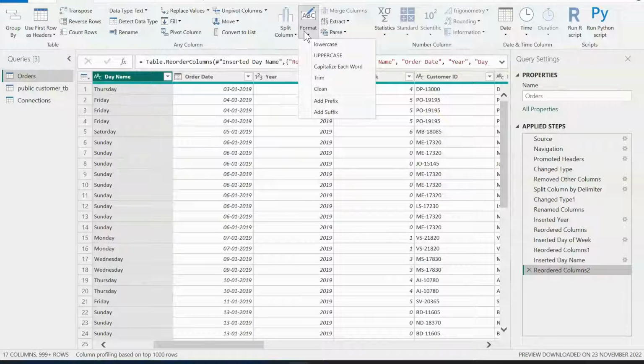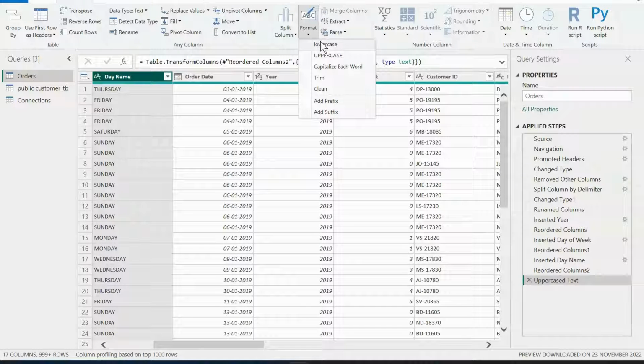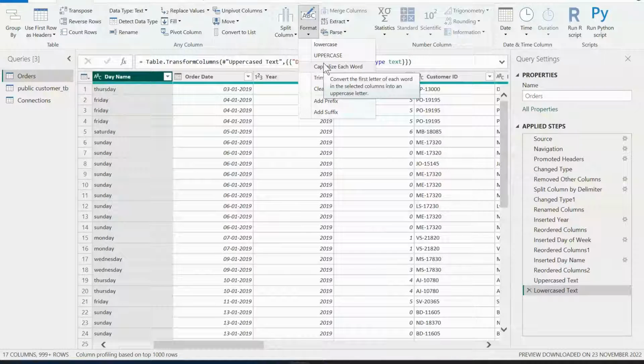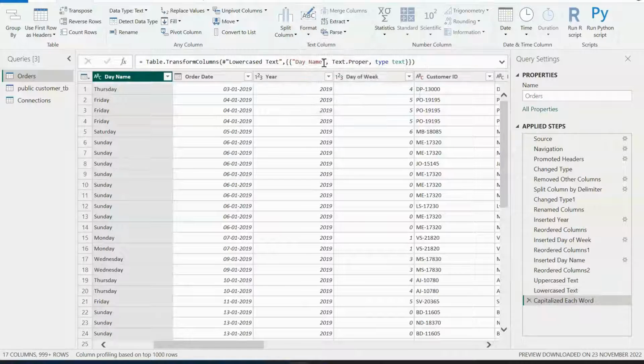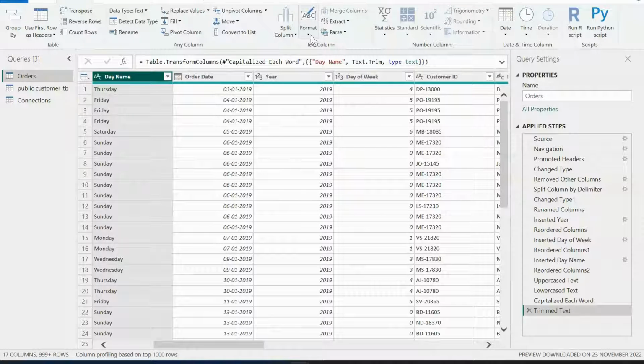And you can also do some formatting. So let's say that I would like to convert these values from lowercase to uppercase. I can just select uppercase, and it would transform everything to uppercase. Or if you'd like to convert everything to lowercase, you can select lowercase. Or if you'd like to capitalize each word, you can select that option. Or if you would like to trim the column, so if there are any unwanted spaces within the column, you can use the trim option. You can select that trim, and that would remove any unwanted spaces from that particular column,